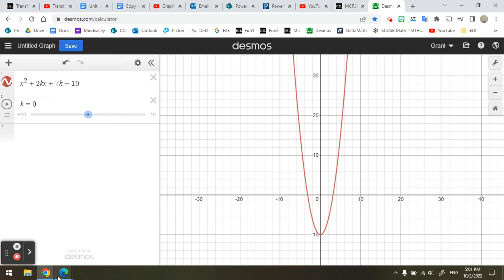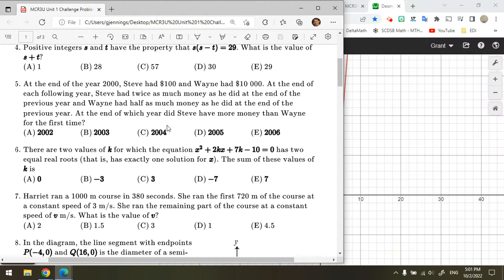Hi, team. I wanted to share what a presentation might look like for one of the problems in the challenge problem set. And I've been thinking about this problem number 6 for a few days, and I just wasn't able